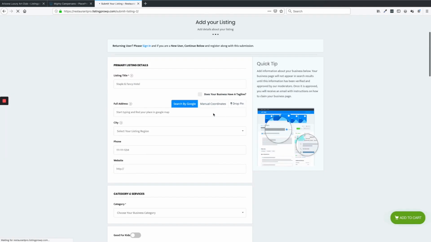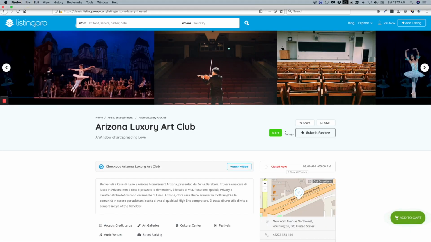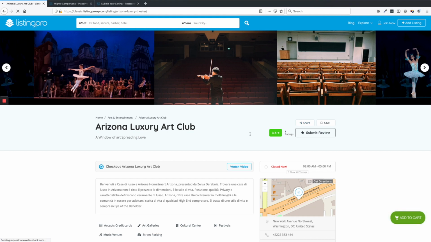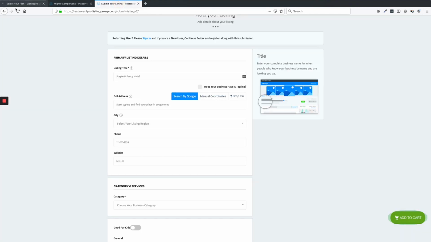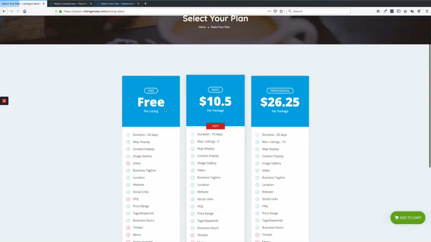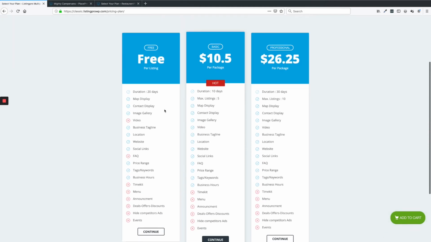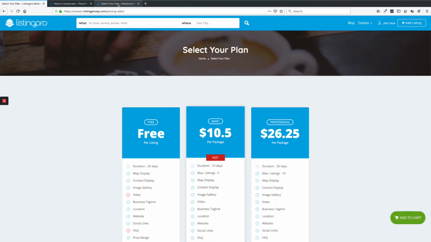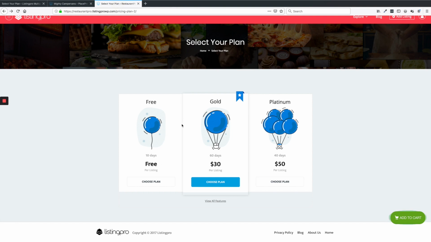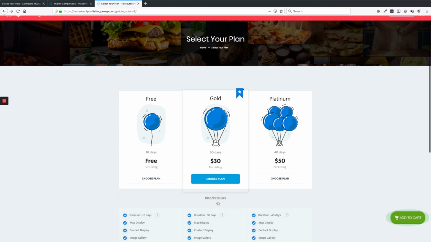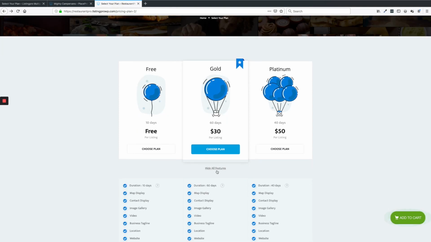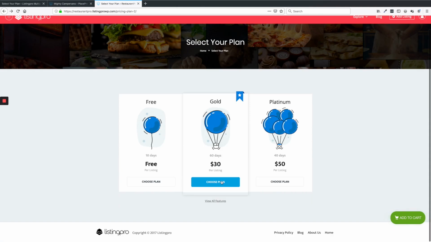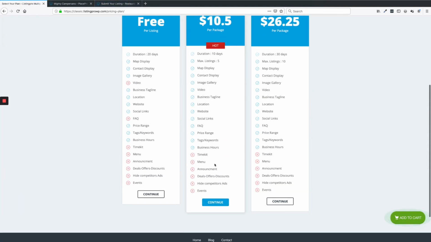and even the listing submission page is different. So I want to just go back and show you. If you look at this pricing plan, pretty boring, to be honest. This was the first pricing plan we had, whereas this one, you see, it's a bit exciting, or I don't know, a bit sexier than what we had previously. So let me go ahead and select any of these pricing plans,